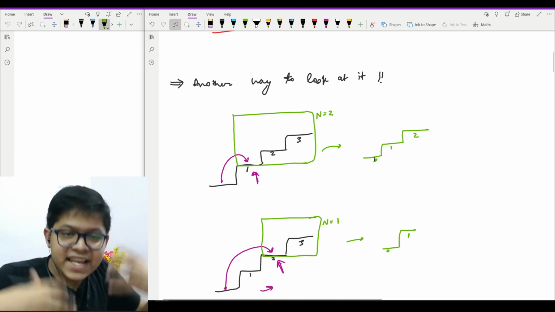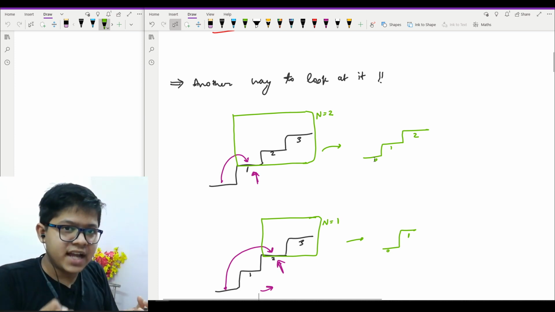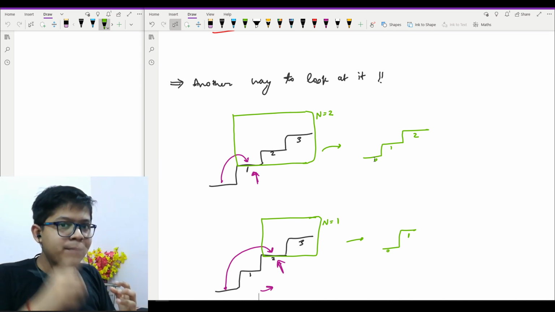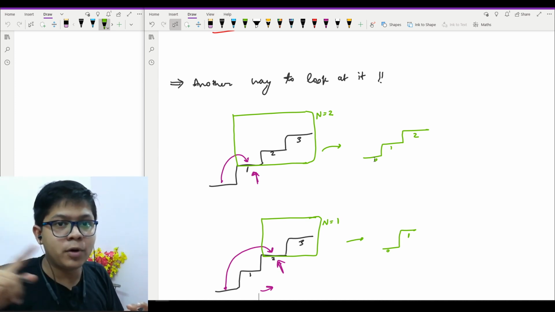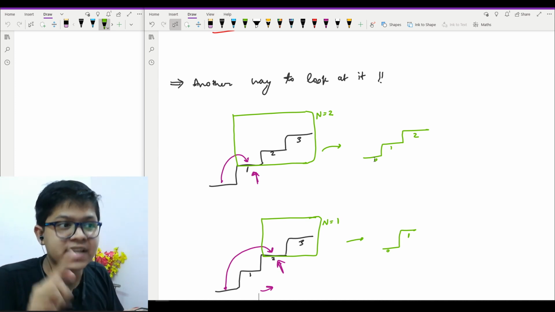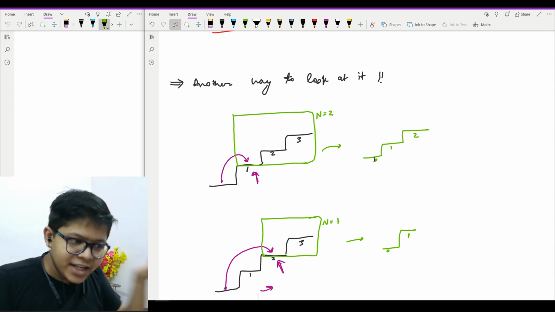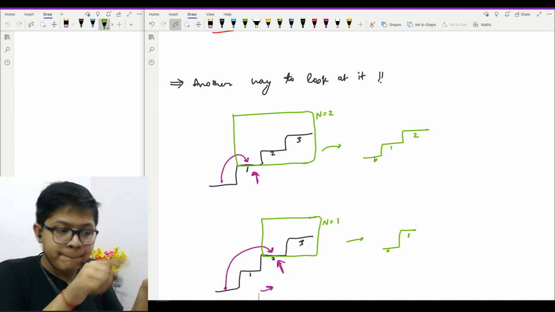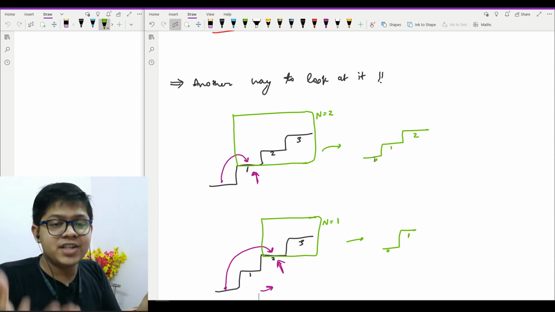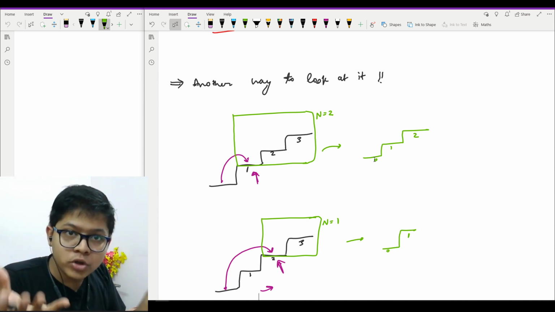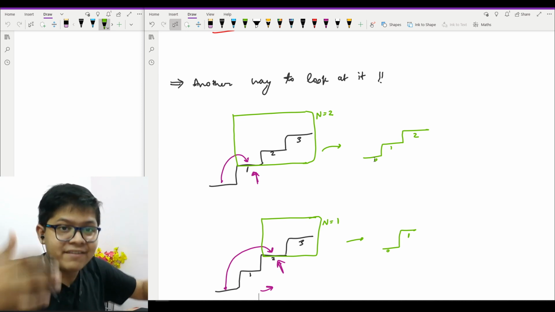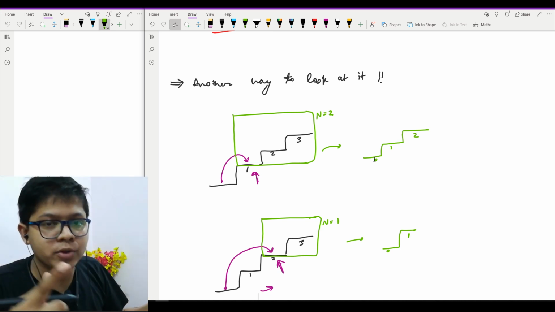So if I say in my English, then I should say that either I can have a jump of 1 or I can have a jump of 2. If I'm saying or, which means I will add these 2 results, which means that result obtained by having a jump of 1 plus result obtained by having a jump of 2, I will add both of these to get the result of having a jump from 1 or from 2.